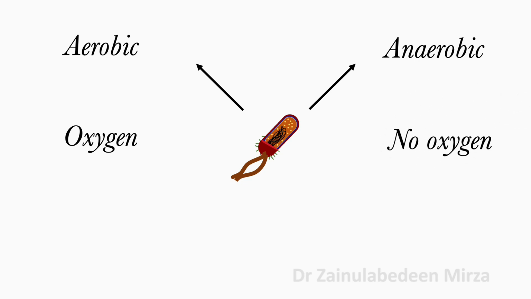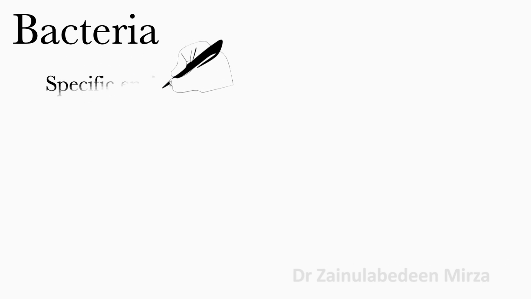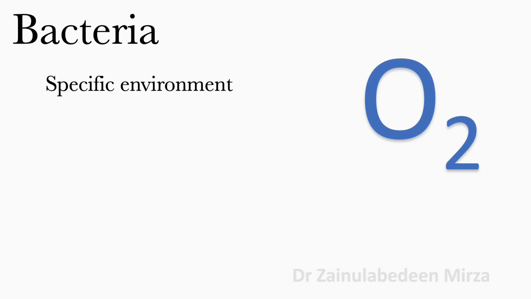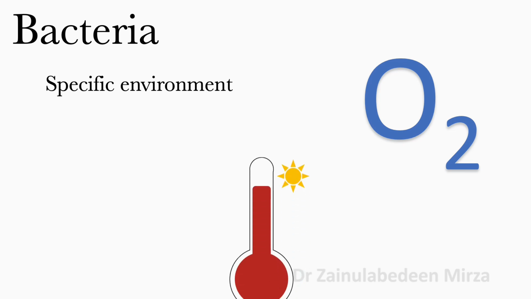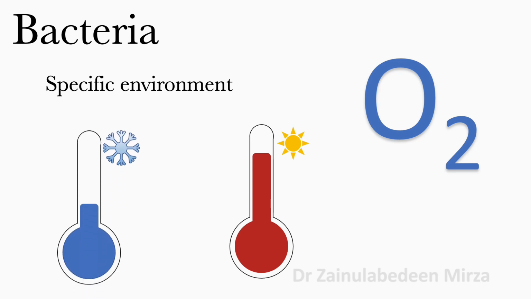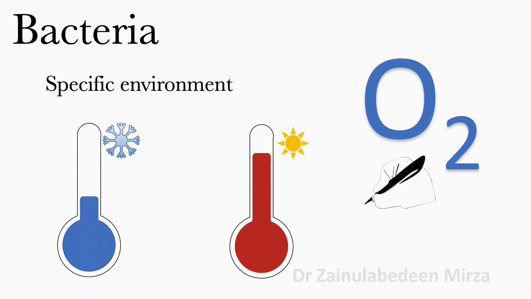Bacteria can cause symptoms of diseases by releasing toxins or provoking an inflammatory response. Each bacteria needs a specific environment to survive, like an environment with oxygen or without oxygen. Some bacteria need a hot environment while others need a cold environment. Examples of bacteria are Staphylococcus and Salmonella.